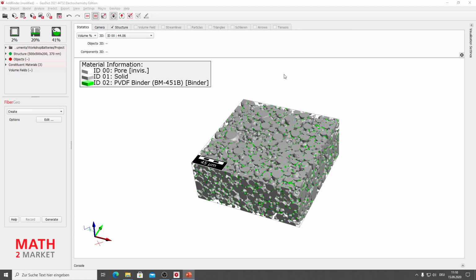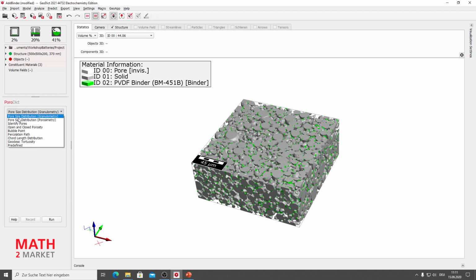So let's do that. We go to the Analyze section, go to Porodict. This is the module you will need for the calculation of the pore sizes. And here you have the pore size distribution granulometry. If you open this drop-down menu, you can see that the second entry is pore size distribution porosimetry.